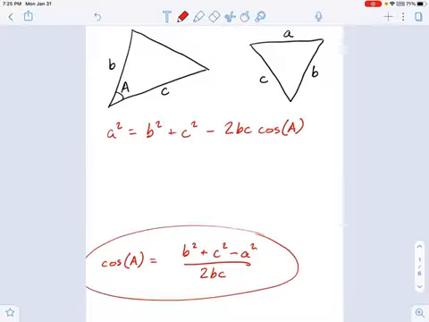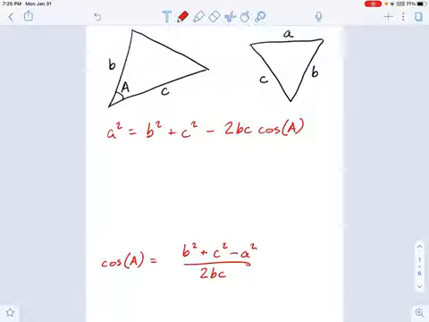So that points to a strategy. The first thing you should try in law of cosines is finding all the sides. So if you have a scenario like this one, my first job is to figure out what little a is. And then using little a, say I figure that out, I have now all three sides. I can go find another angle. But if I'm starting with this triangle on the left, I can't get anywhere until I find little a. I need three sides. That's the most important thing for law of cosines.